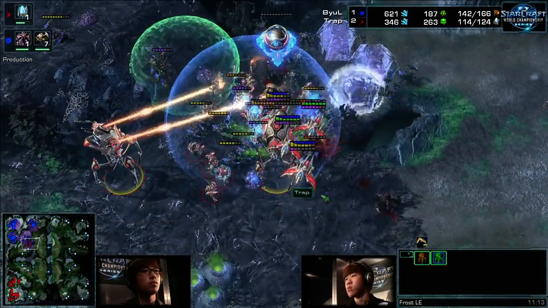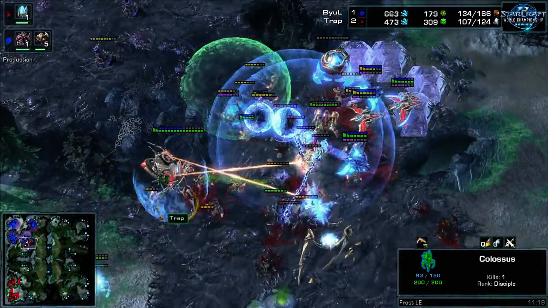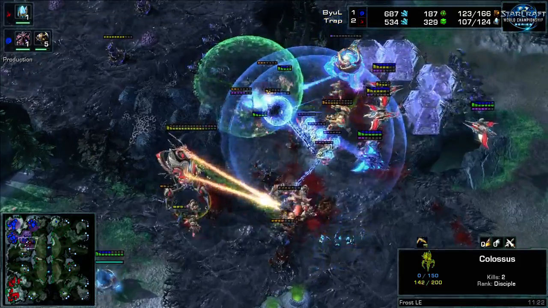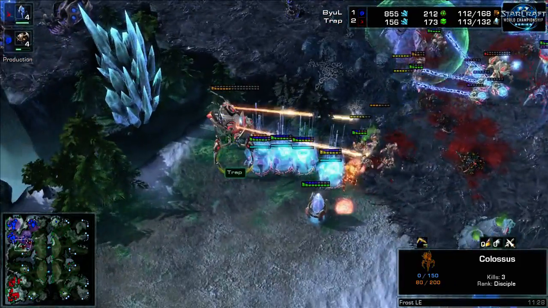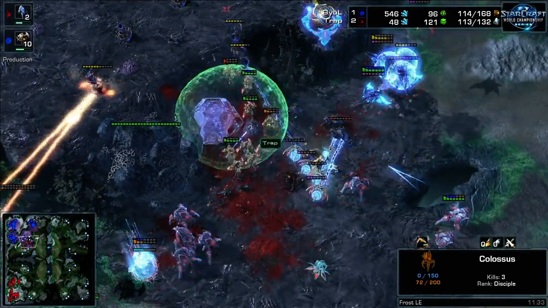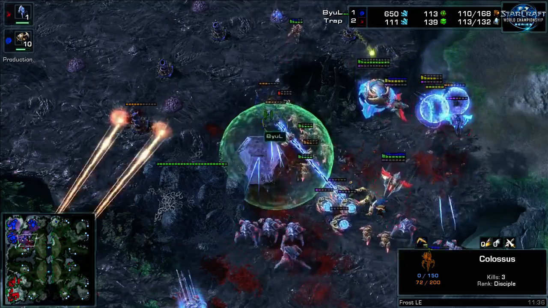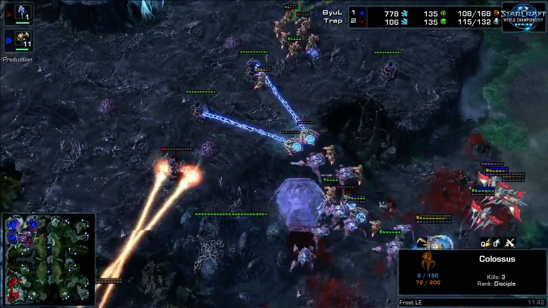Not a good angle. Oh my goodness, Byul is able to take out the first. Can he get Colossus 2? Zerglings sweeping from behind. Trap caught with the pants down. It looks like there is not a good position here for the Protoss, but the number of units he has